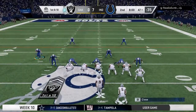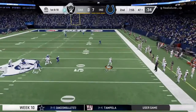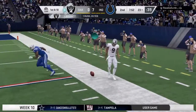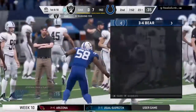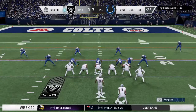This offense finding its legs now. Here's another 1st and 10. Throwing. Brissett flush to his right. He'll run it. And he takes this just a few yards shy of the red zone before going out. Turns out to be a great idea to tuck that one. Good for 24 yards. I think the last two plays really illustrate how difficult it is to game plan against